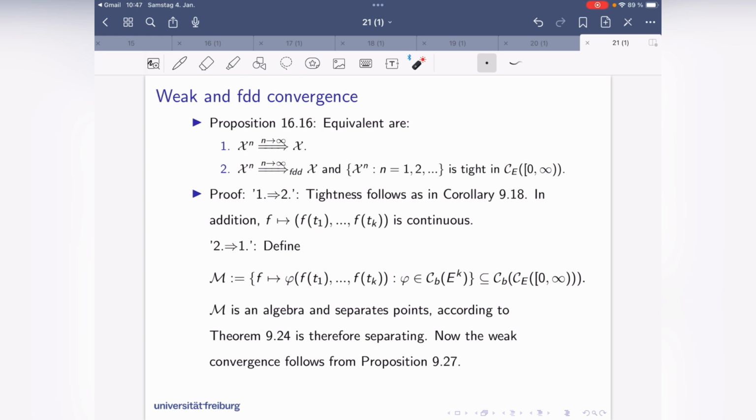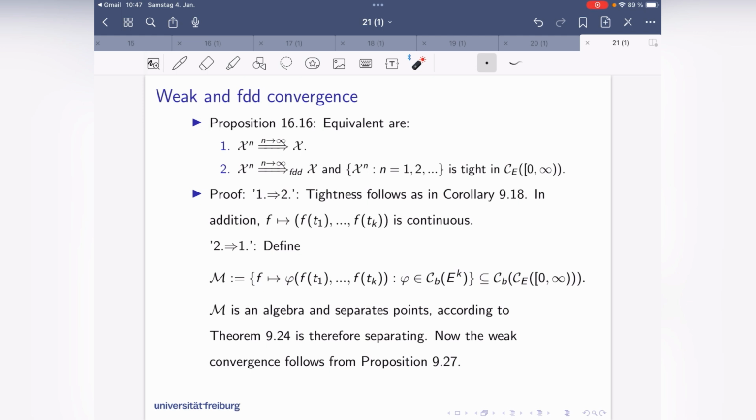And we already know that we have finite dimensional distribution convergence. So the algebra of functions, which maps f to this thing here, so some bounded continuous function of the evaluation functions at time points t1 to tk. That's bounded and continuous. And that's an algebra, and it separates points,